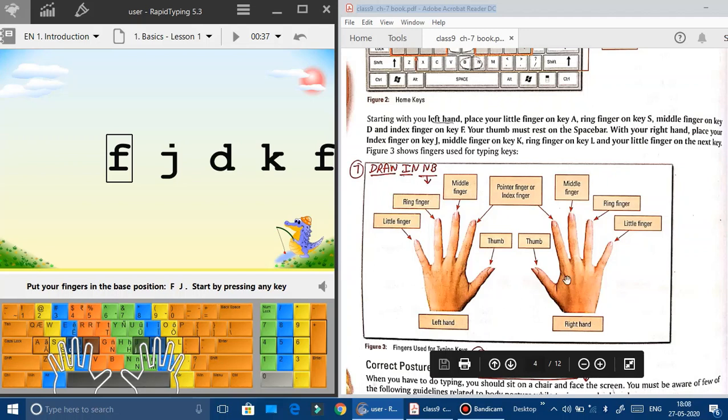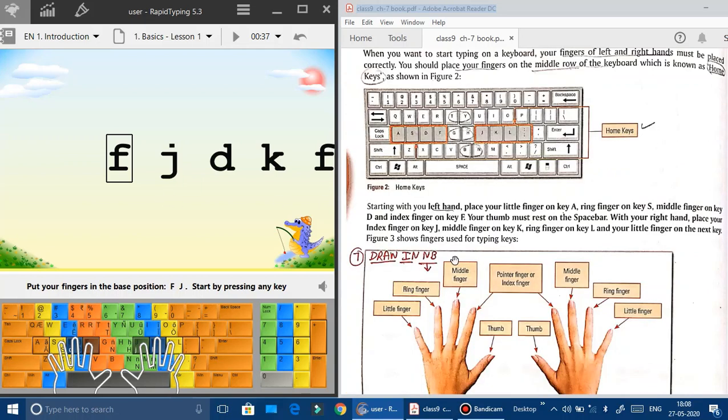So you must remember that all the fingers and thumbs should be used equally in this typing, and this typing tutor has a virtual keyboard here. This will help you to know which key is to be pressed. Words are written here, you need to see on the screen only. Okay, and it will help you to recognize which key is to be pressed. How, I will let you know. Okay, so before that I will give you some theory points also that you must remember in your mind.